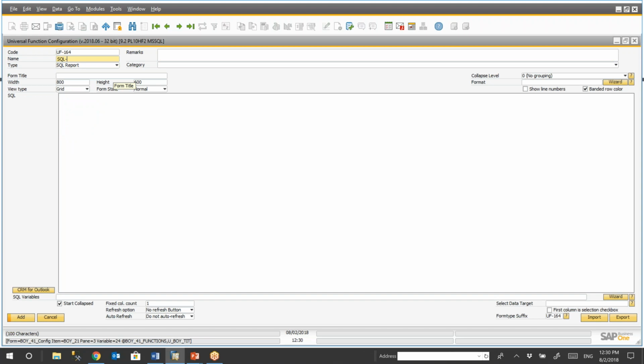And this is very important. I would suggest if you use B1 Usability Package, you can have so many universal functions. Always start out with the type of universal function. The type is SQL report. Just do SQL, and then we call it